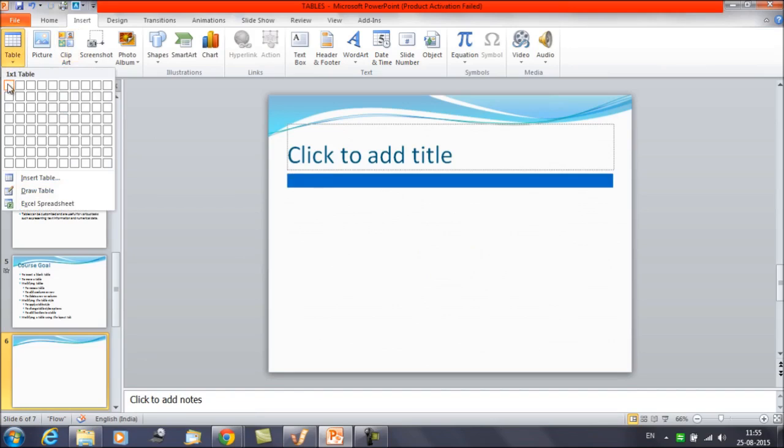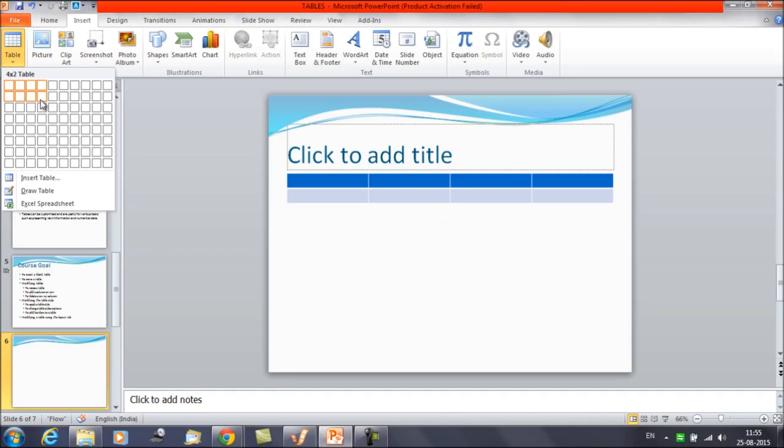This one. Now you can move with your mouse and you will see the number of rows and columns. As I move my mouse to the right, the columns are getting increased.